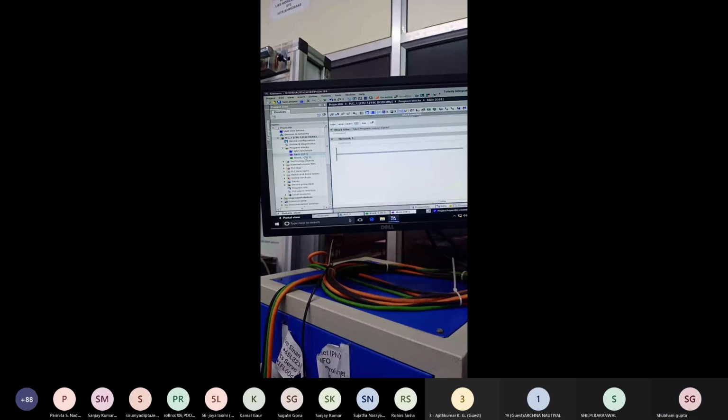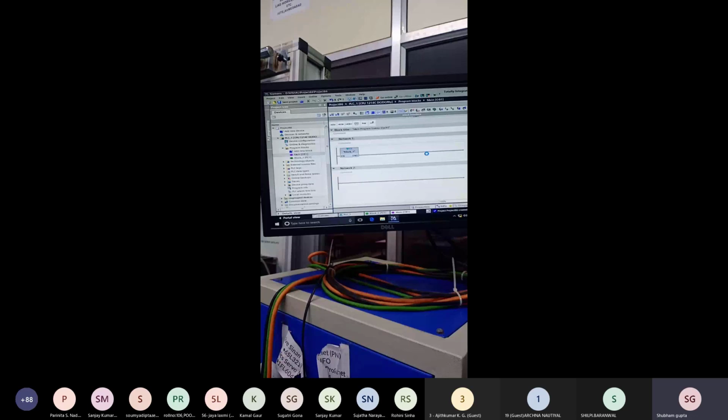F1. Okay. Then download. And the hardware configuration data is downloaded to the PLC.